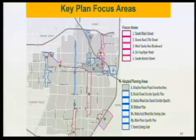So as I mentioned, the key plan focus areas as part of that notice of preparation intended to create 5 new focus areas: South Main Street, Grand and 17th Street to the SR 22 to the north, West Santa Ana Boulevard along the streetcar trajectory, the 55 Freeway Dyer Road area, which is adjacent to the Amazon site that we discussed here this evening, and then South Bristol Street, which would be connecting our existing South Bristol Street improvement